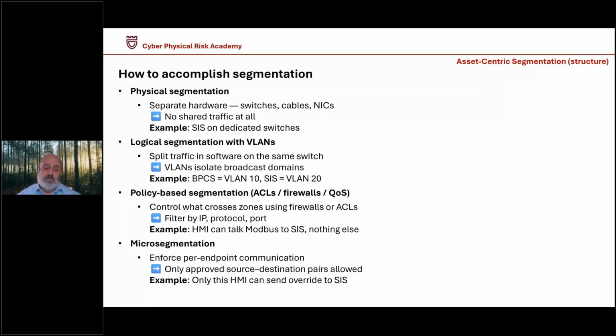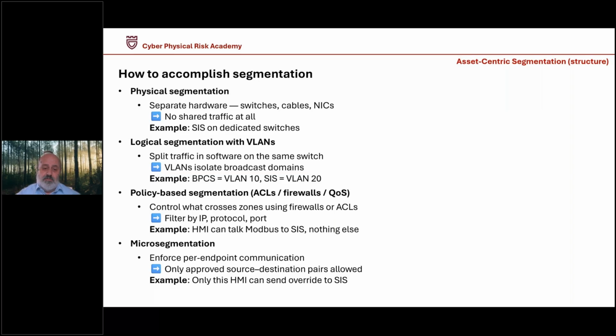A node in VLAN A cannot see a node in VLAN B, at least if we do not make provisions for that so he can see it. So that's the logical segmentation. We also have policy-based segmentation, so we can have all kind of rules and